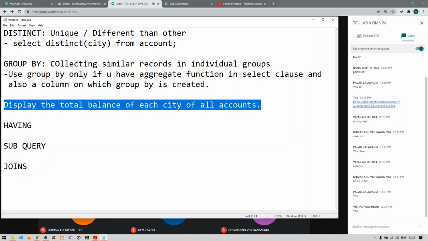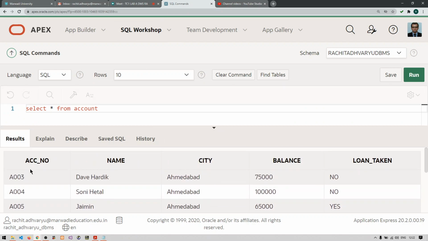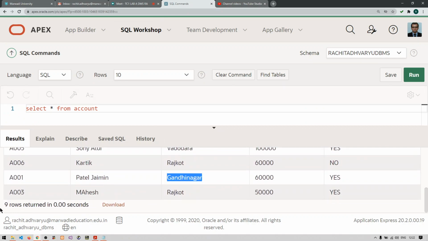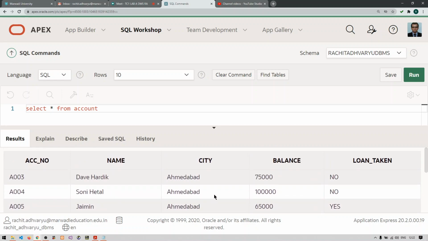The question means that if I go to my example, you can see my accounts table has about 9 rows, and there are different cities in the accounts table. So I want to have a total of each city's balances.